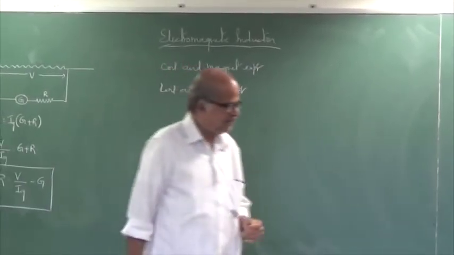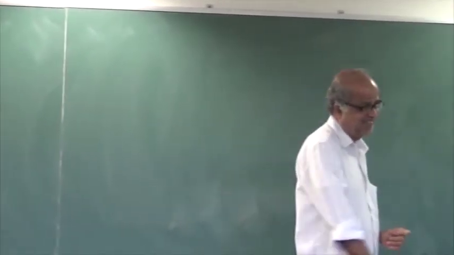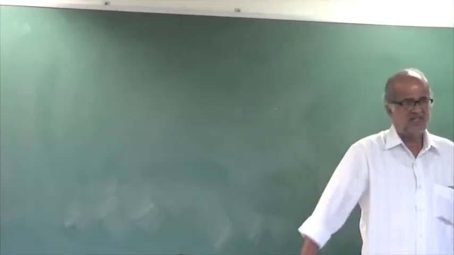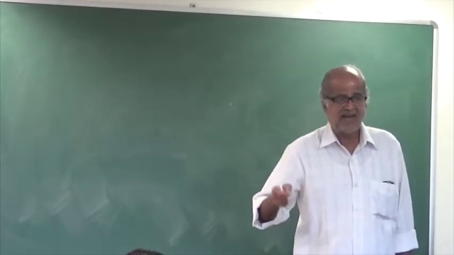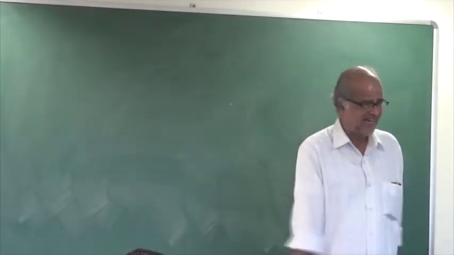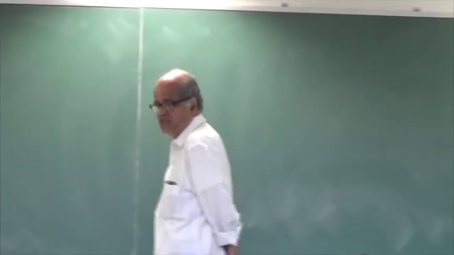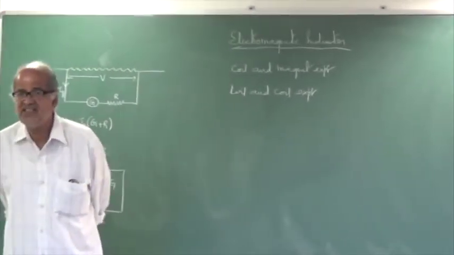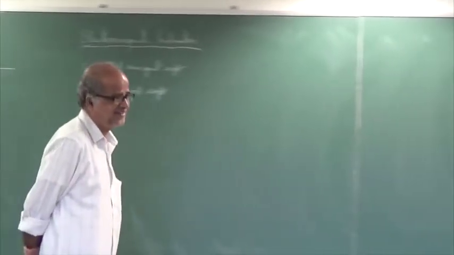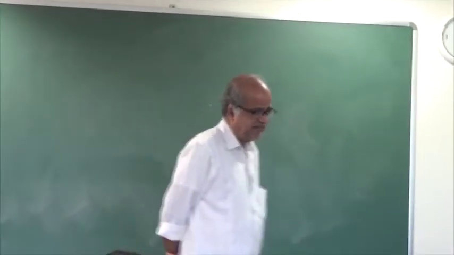The total number of field lines linked with the coil is what we call magnetic flux, and therefore the first law was put in the form like this. Whenever there is a change in the magnetic flux linked with a conductor, an EMF is induced, the EMF lasting as long as the change in the flux takes place. That was the first law. The second law was,